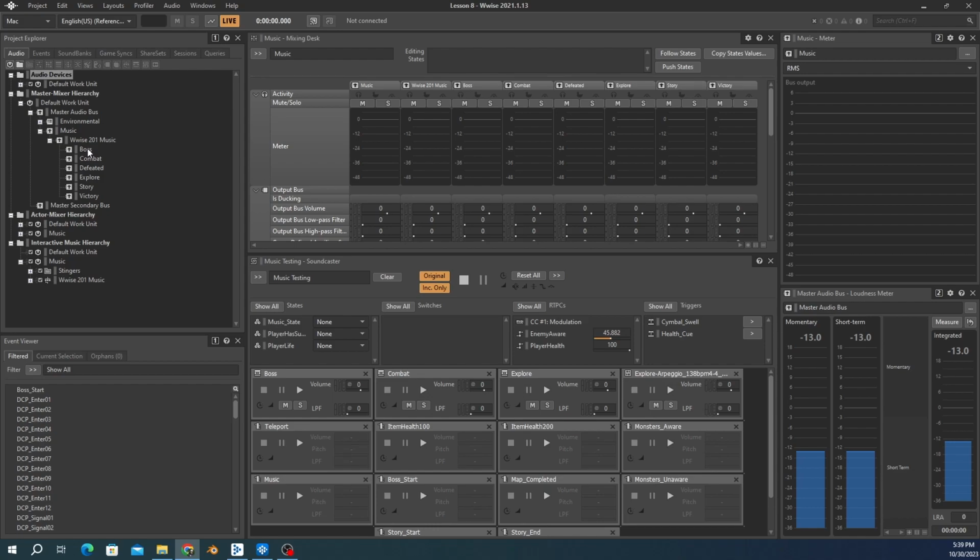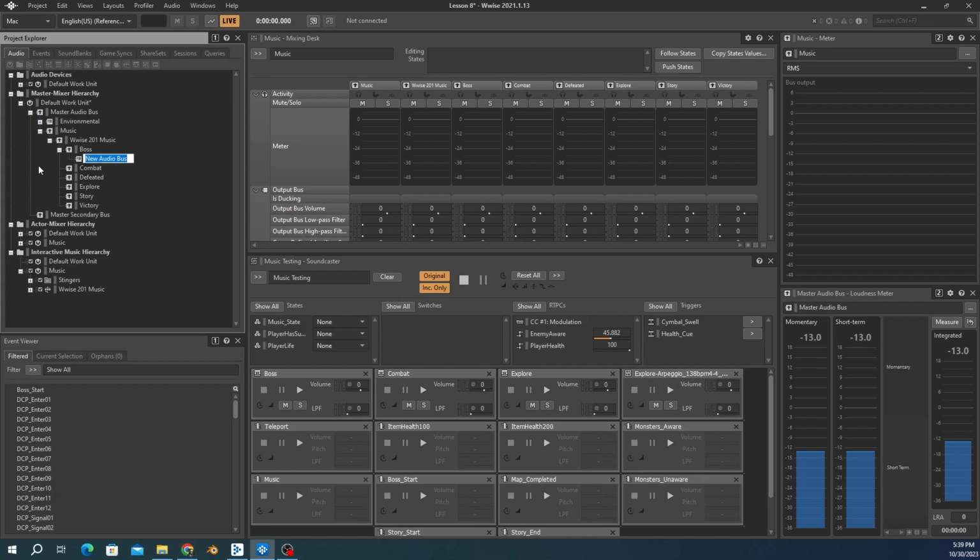The Boss A and C music segments that contain MIDI tracks are not in my Soundcaster, and so I'm just going to use the transport control after selecting those music segments in the Project Explorer. In the master mixer hierarchy, I'm going to create a new child audio bus under the Boss Audio Bus and name it Boss Synths. This can be mapped to those playlists specifically before running through other audio buses and will